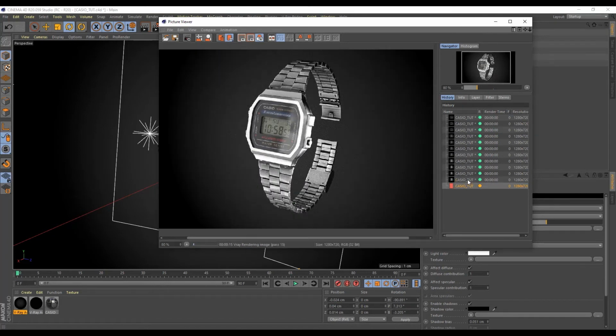And I think I really like this kind of effects compared with the previous one. This one is only GI and environment, HDRI, and this one is with the two